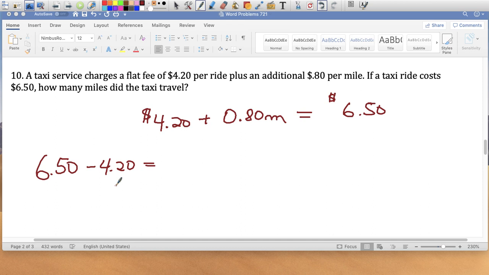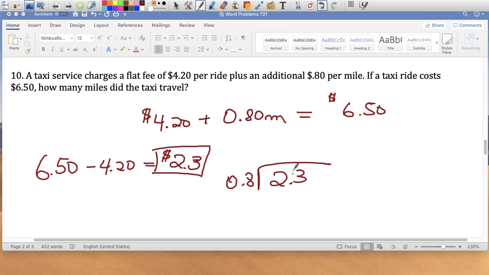But it's a fee that everybody pays just for hopping in the car. So that means that I'm left with $2.30. And this was the amount that was charged to me, right, out of the $6.50 for driving around. So $2.30, and if I divide $2.30 divided by 0.8, I can find out how far I drove